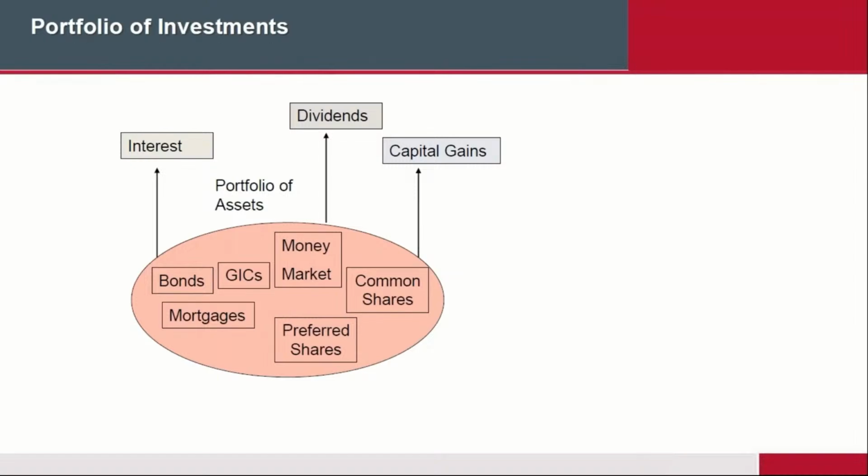So once again, depending on your risk tolerance, you can decide, how do I want to invest my money? If you're interested in a very high interest return, then you tend to buy more bonds, GICs, mortgages, things of that nature. If you are interested in getting a high dividend, preferred shares are usually your best bet. But if you're looking at capital gains, then obviously common shares would be your best bet. So you can mix and match your portfolio based on your tolerance, what you want to do, and what kind of income you want to get at the other end.